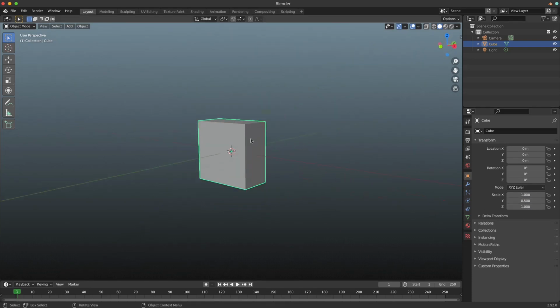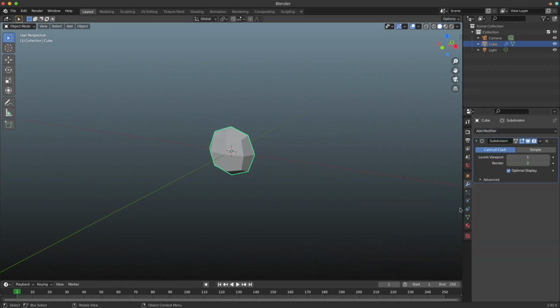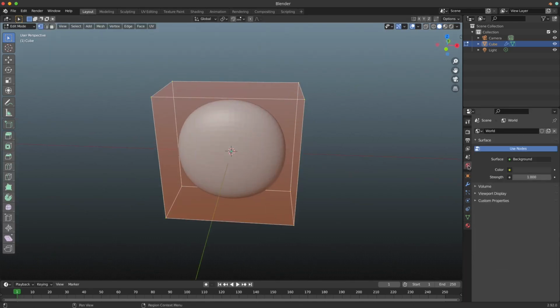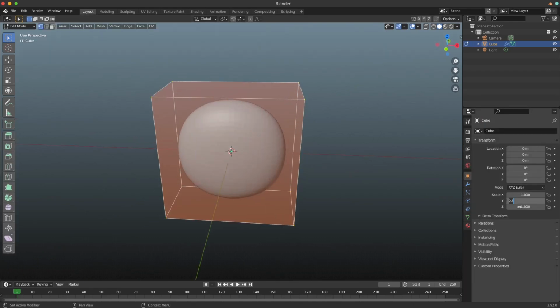And now we're going to add a modifier. The modifier we're going to add is a subdivision surface. We're going to turn the viewport levels up to 4, so we get a nicer, rounder, beveled surface. And then we're also going to set it so it's a bit wider, so it's more brick looking,